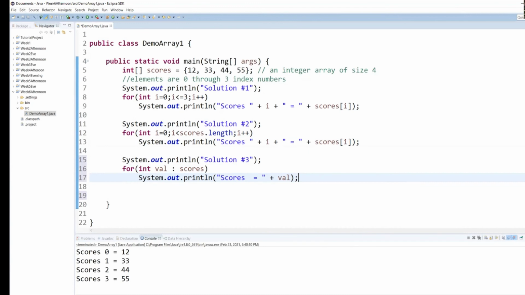Now comes the question, which one of the three should you use? Well, solution number 2 is a far better choice than solution number 1, because you do not have to remember how many elements are there. Solution number 3 is a better choice than solution number 2 if you are only reading